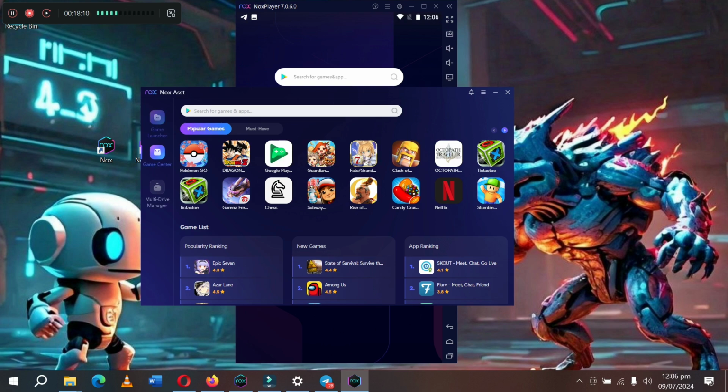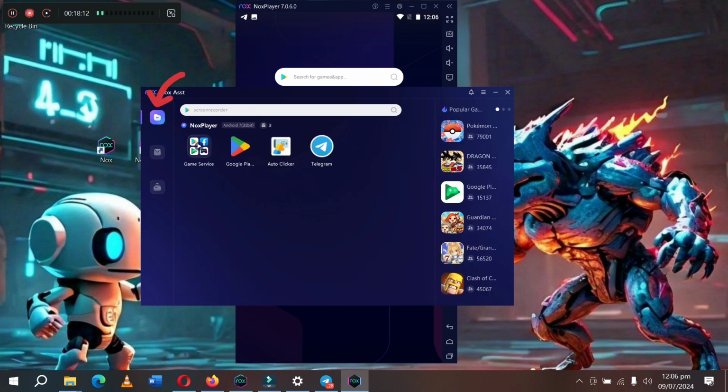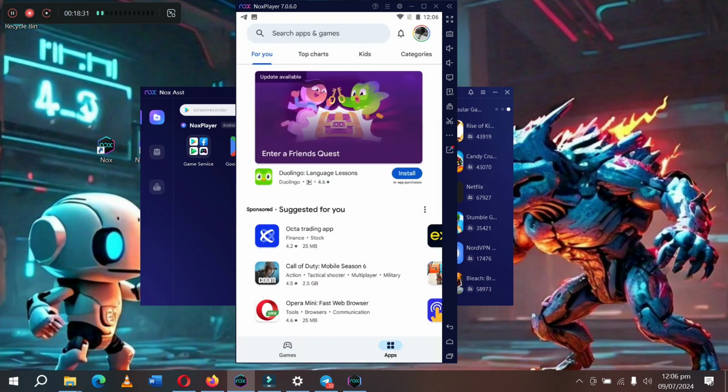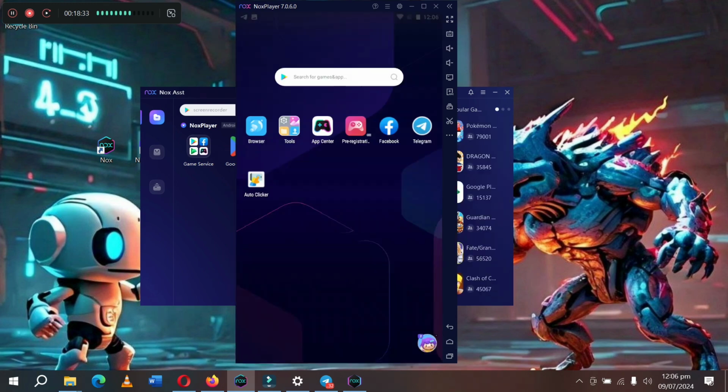And then Game Launcher, where you get to see all the apps that you have installed through Play Store. Alright, that is that on Nox Assistant. I have just tapped on the Play Store, so let me just go back. Okay, that is all on Nox Player